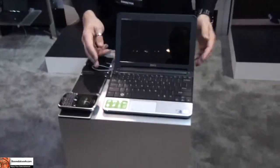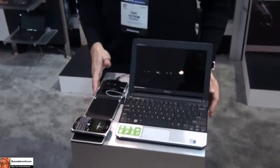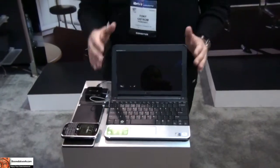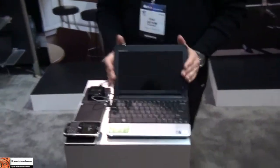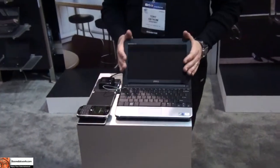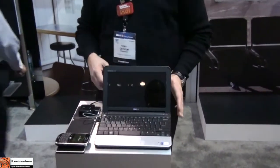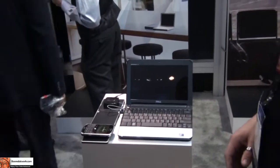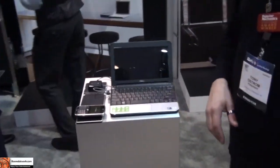So just netbooks for now, not laptops. For now, right. The technology is scalable to the point where we can do laptops, but because of the velocity that netbooks have right now and their extreme portability, I think this is the right first play. Sure. That fits into the whole... Exactly. Exactly. Thank you very much. Yep. I was wondering